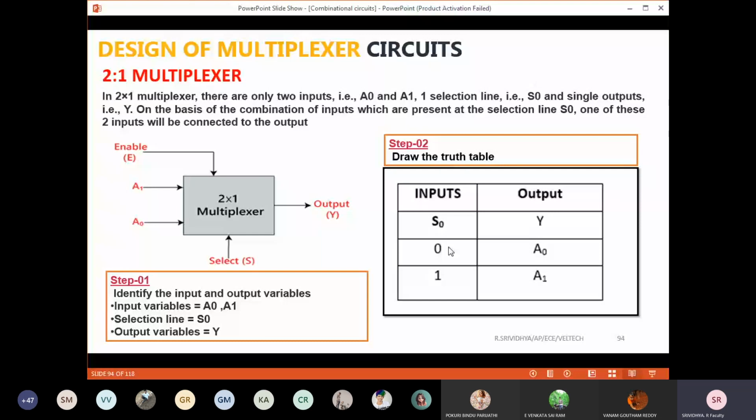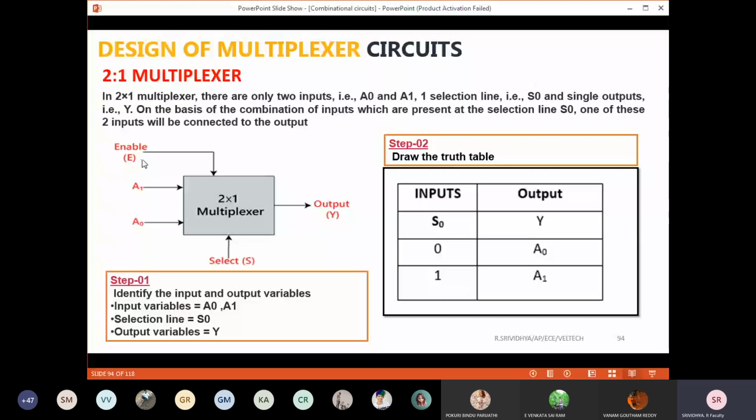This slide, if you can recollect, will be the same as that of your half adder and full adder, because I don't want you to get confused in the design of combinational circuits. So I'm following the same template. This is the simple block diagram: a 2:1 multiplexer, one select line, and this enable is nothing but to turn the circuit on or off. If this enable is given as high, then your circuit will function. It is just like an on and off button.